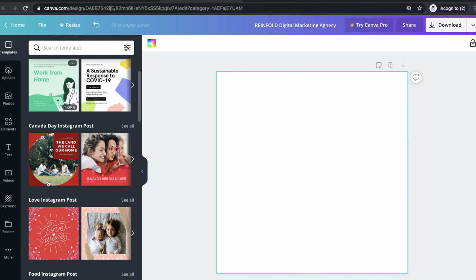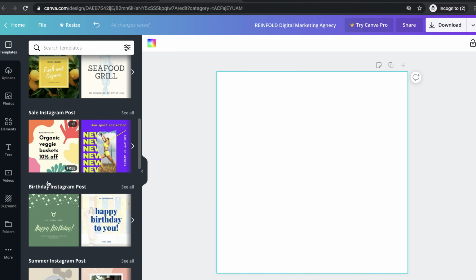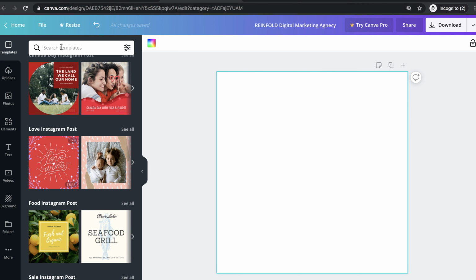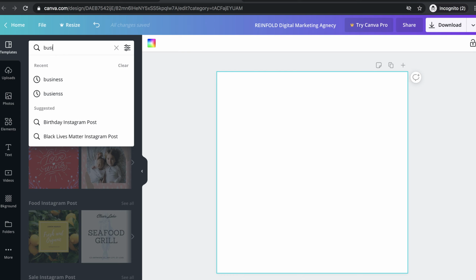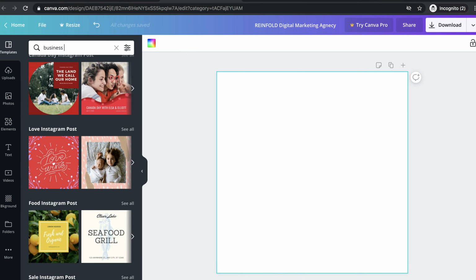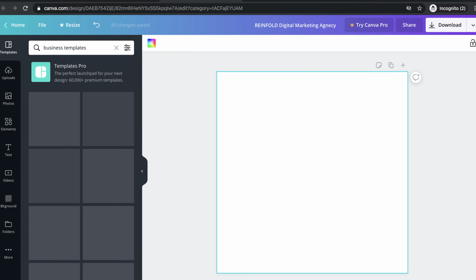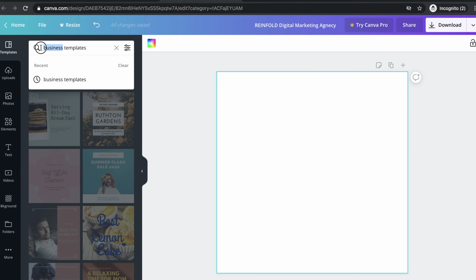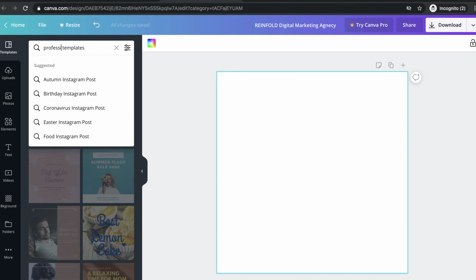Templates, I'm looking at it. If any of these templates suits my post, if you would like, you can search for the templates also. I'm searching with business templates. I would like to have professional templates. So you can also search, whichever are available, they will appear in this feed.